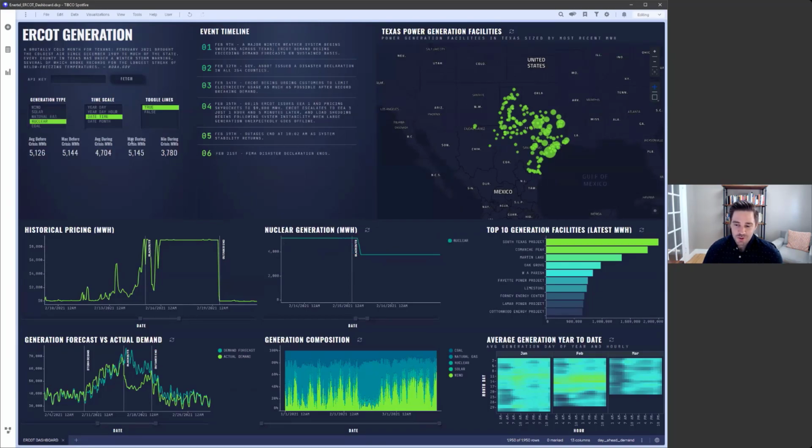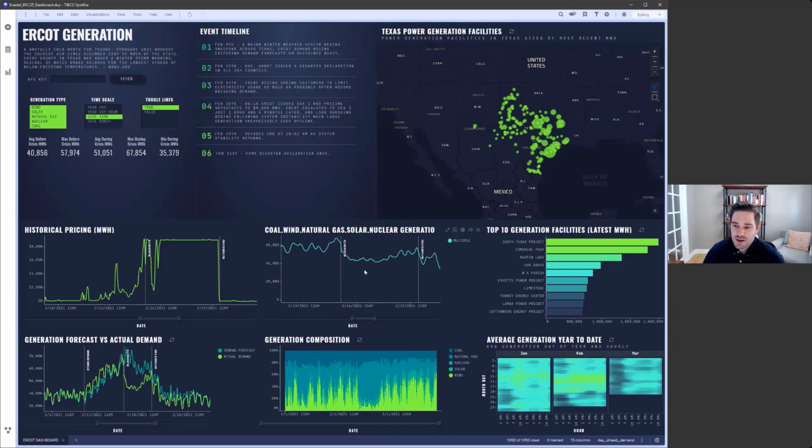And then because the grid's on a normalized basis, as certain generation plants go offline, other plants are forced offline because the system runs at a certain 60 hertz, and so when certain plants are forced offline unexpectedly, you can see that other plants eventually fail, and you can see the same thing happen with coal and nuclear. So this gives me the ability to go through and pick and choose